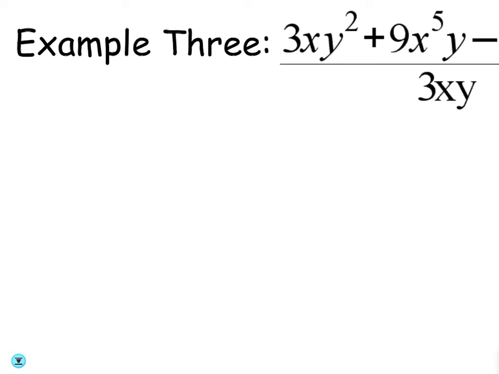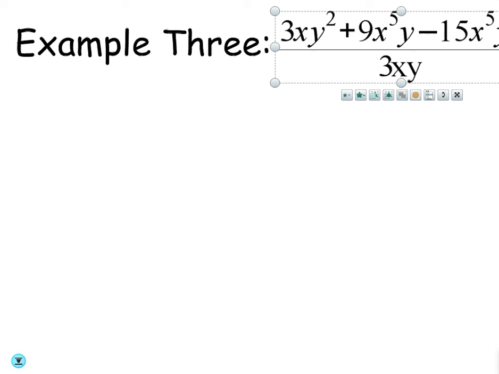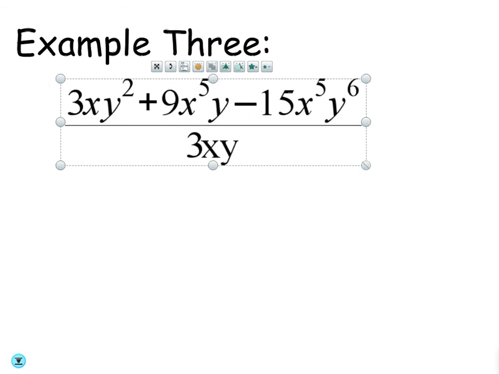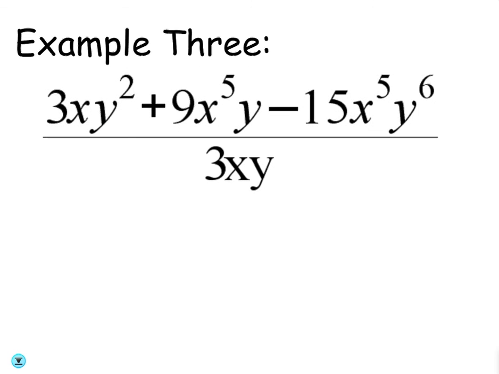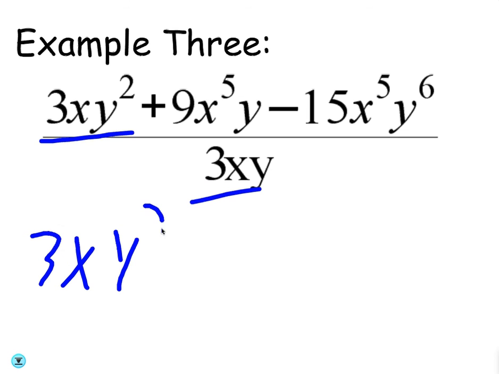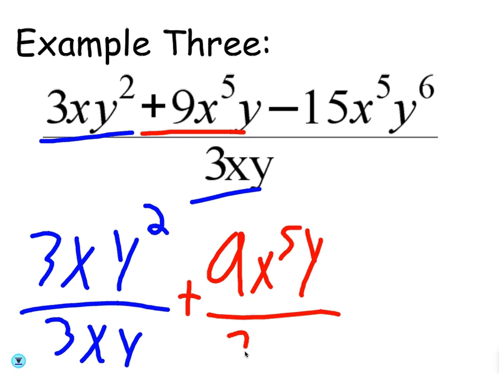All right, number 3. See if I can bring this one down so we can read it. There we go. All right, this has 2 variables, and this will be our last example, and I'll get you the worksheet. We're going to take the 3xy squared, divide by 3xy. And then again, this sign's going to carry over, plus 9x to the fifth y over 3xy